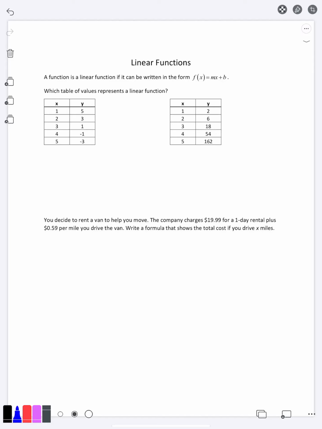In this video, we're going to learn about linear functions. Linear functions are called that because when you graph them, you get a straight line. There's a very important defining characteristic of linear functions, and we're going to see that by looking at this